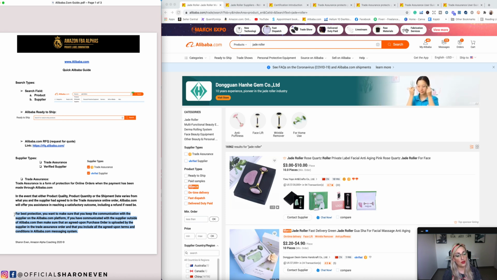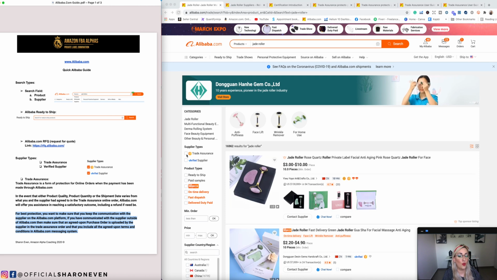So sometimes you may take your communication with a supplier outside the platform. And if that happens, that's fine, but then you need to bring back the terms of your purchase order back into the platform and make sure that it's communicated on the platform, so that you can then be protected using trade assurance. So when I'm filtering through the types of suppliers that I'm looking for, trade assurance is a